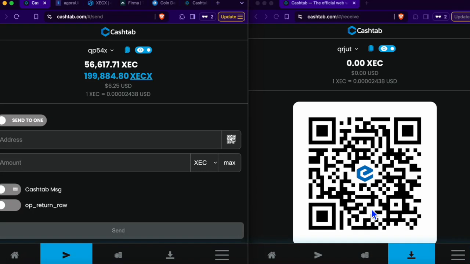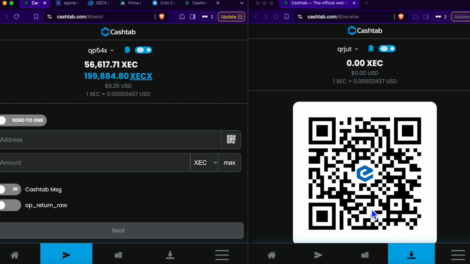Hello again, everyone. Last week I recorded part one of my Cashtab wallet tutorial, and I showed you guys some of the basic features of the Cashtab web wallet, which is the official wallet of the eCash ecosystem. I went over a few things like backing up your seed phrase, some basic sends and receives, as well as how to use it in combination with the new Pay Button plugin, which you can try for yourself on my